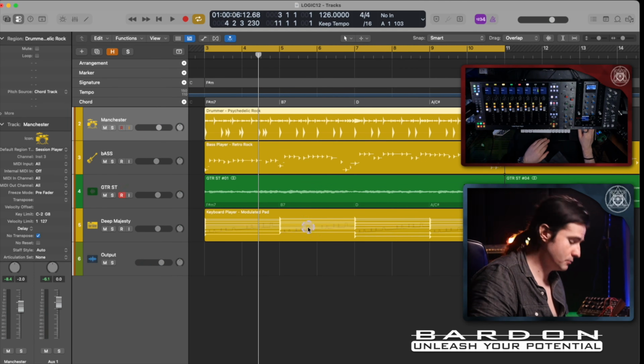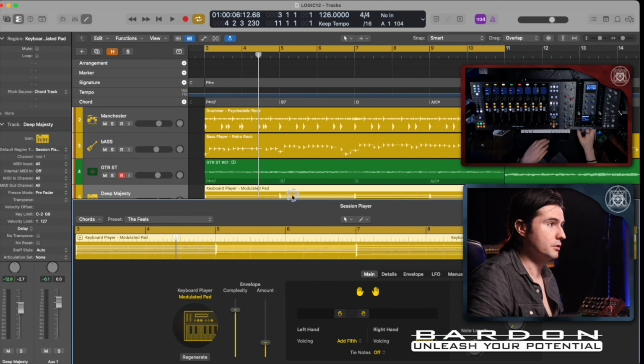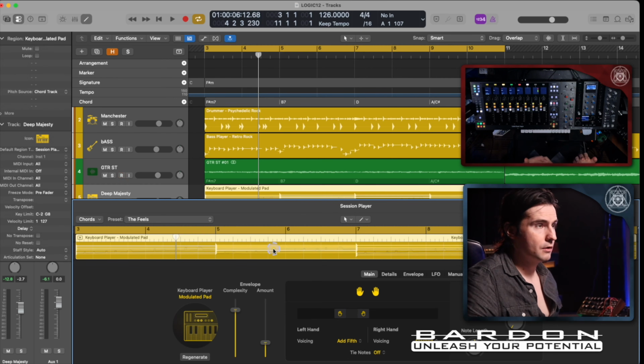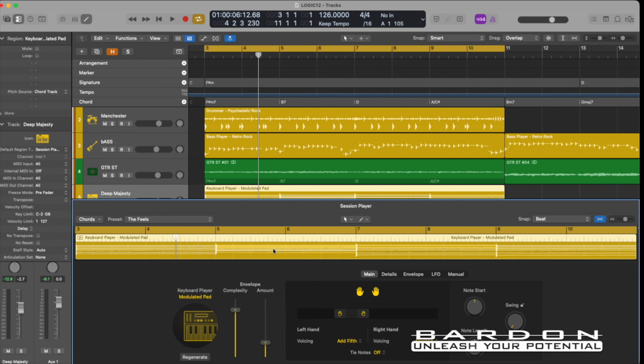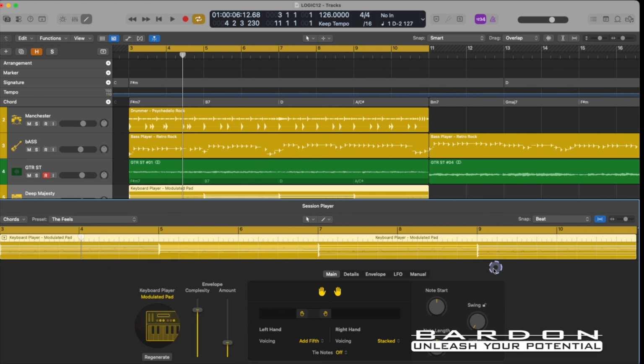Let's play around a little bit with the modulated synthesizer player. Double click so we can get the editor window. And if you are familiar, let me get rid of my face. If you're familiar with the previous iteration of Logic, session musicians, you might understand how this works. For those of you who are new to this,